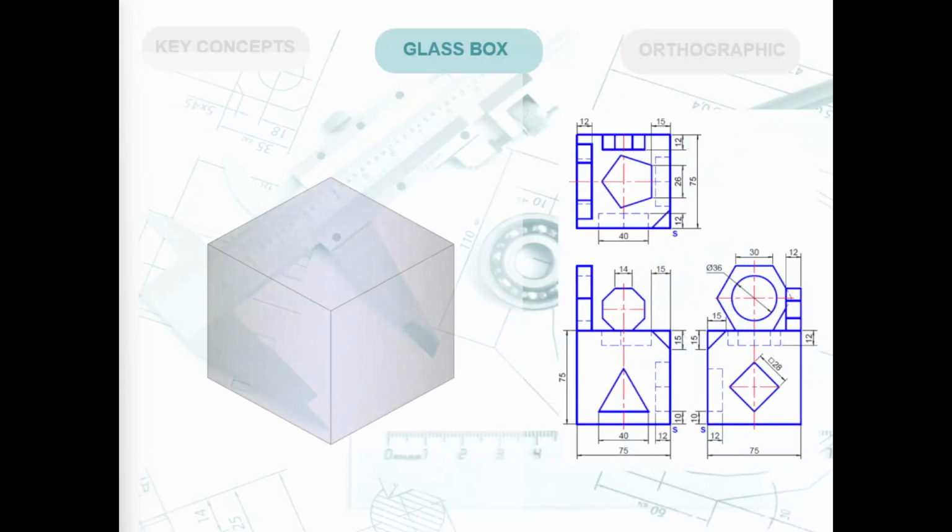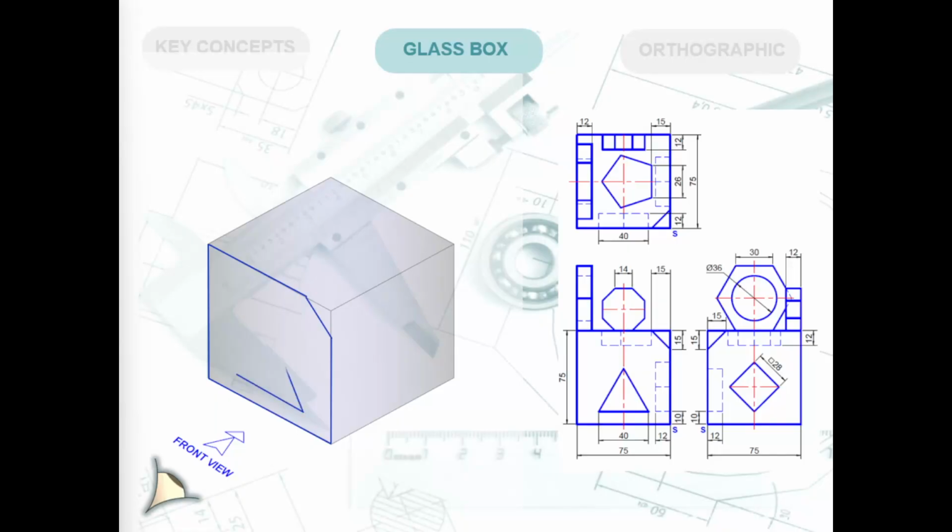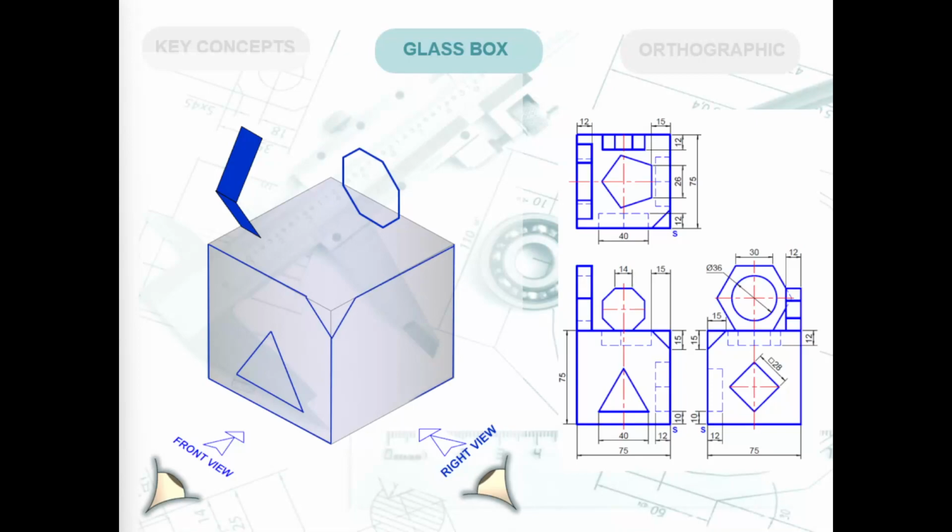If you can take the same concept for our specific drawing, and we look at our isometric or glass box, and we look at our orthographic views that were in the given information, it's very important to take note. If I look at my front view that was in my given orthographic views, all my darker A-type lines and all the different shapes that are present in my orthographic view need to be transferred and placed in the correct positions in my front view. So if I look at my right view, I can see that all the different A-type lines and all the different shapes that are visible in my right view need to be transferred and drawn in the right position in my right view as well.